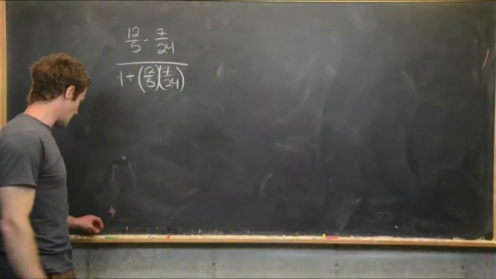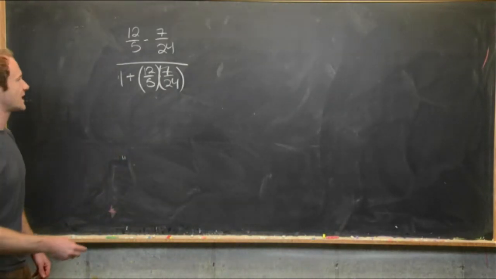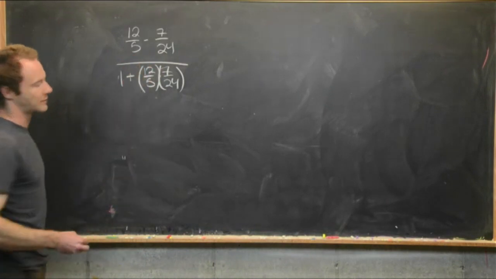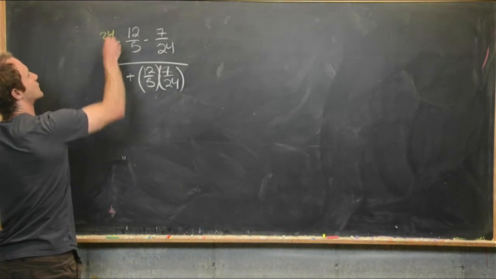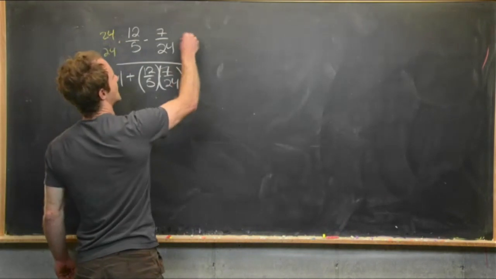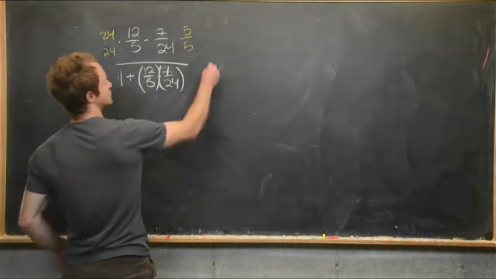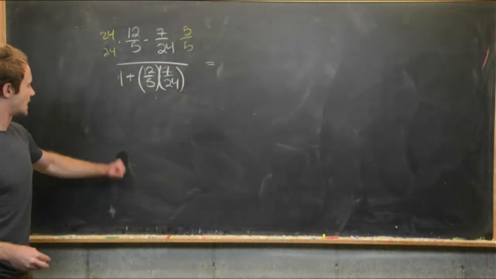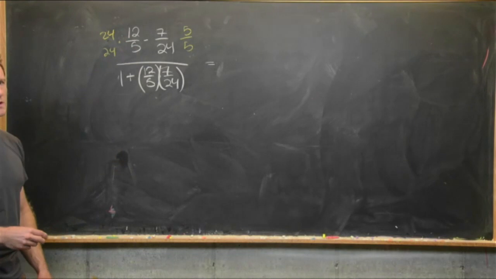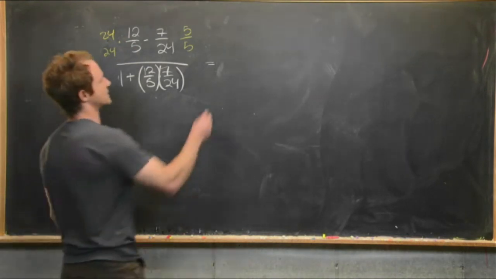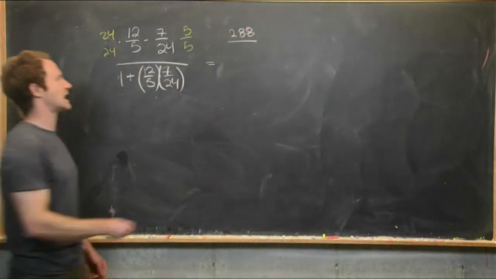So keeping that in mind, we have a fraction in the numerator, and so we need to find a common denominator for that fraction. And so the common denominator will be the product of 5 and 24. And so we can multiply this by 24 over 24, and then this one by 5 over 5. And let's see what we get for that. So just the numerator, maybe offhand, you want to think that 24 times 12 is going to be like 2 times 12 times 12. So that's like 2 times 144. So this first one is going to be 288 over